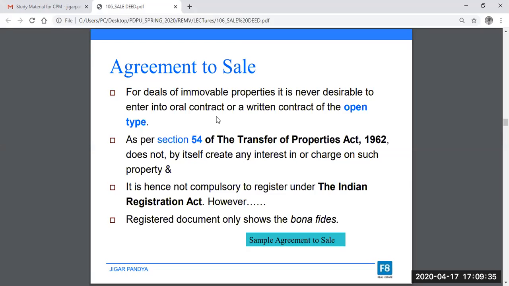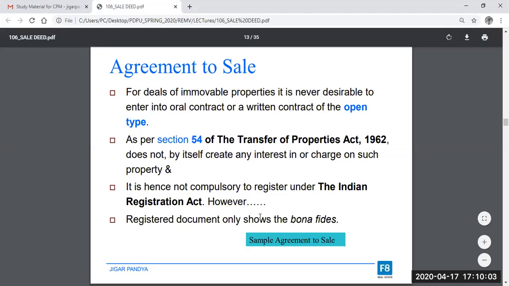Of course, you are only making a small initial transaction and you are drafting an agreement of sale, but the sale may or may not get completed. So, should you register it? Ideally, it's not mandatory as per the Transfer of Property Act. However, it will act as a bona fide. So, if you have registered it,